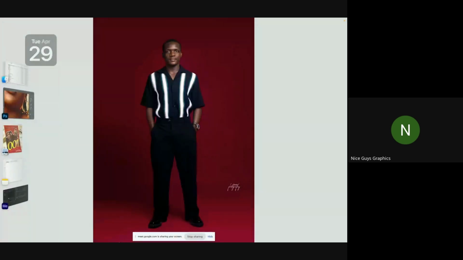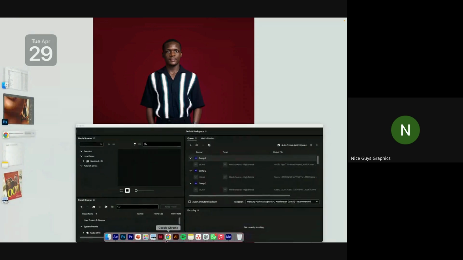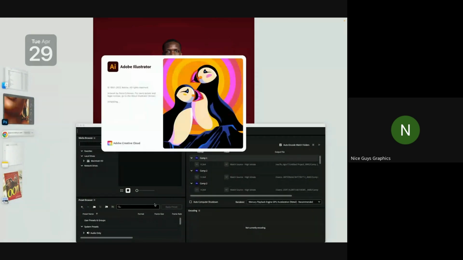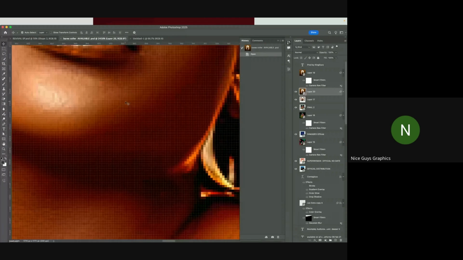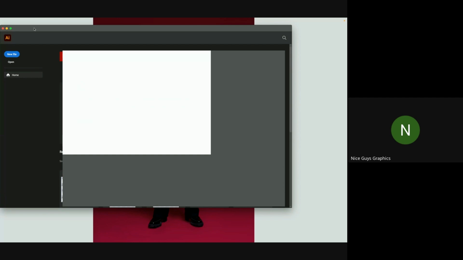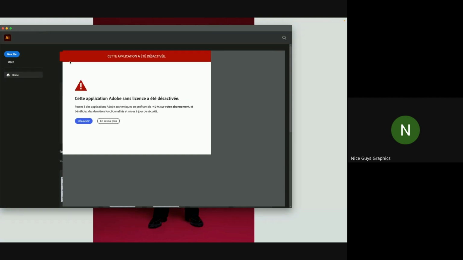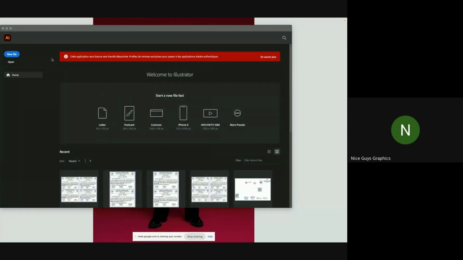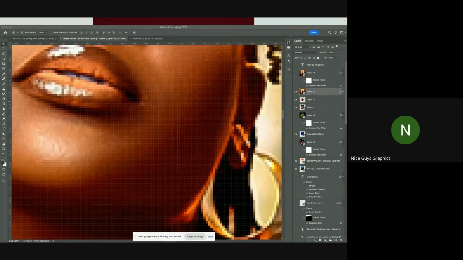Let me try to load it. If you can see it here. Let me try to load it. It'll take a couple of minutes. While it's loading, let's look at this. Okay, this is it here. Let me just open. Now I cannot use it because I'm online and they need to pay. I've not paid for my license, so I need to renew my license. Okay, so I cannot show you now actually, but like I said, the output of Illustrator is in vector